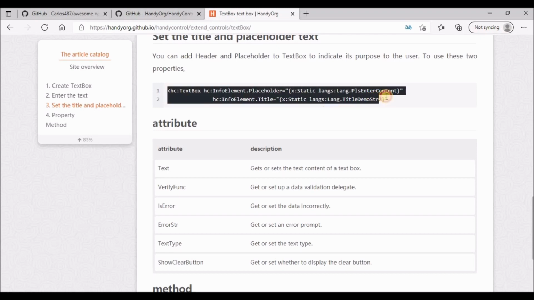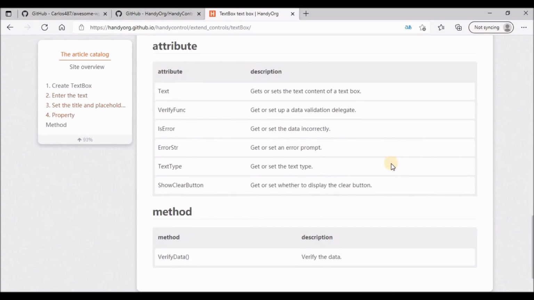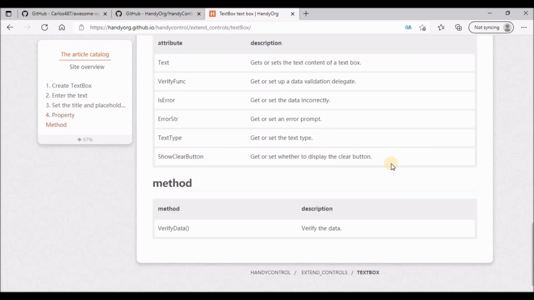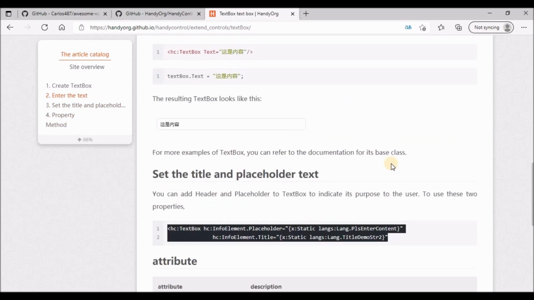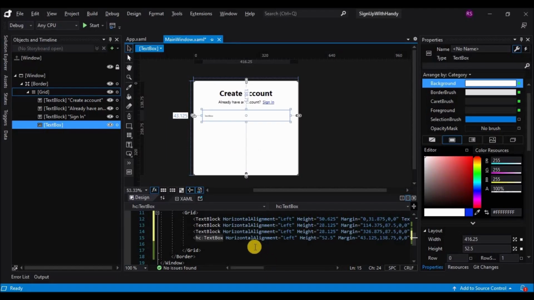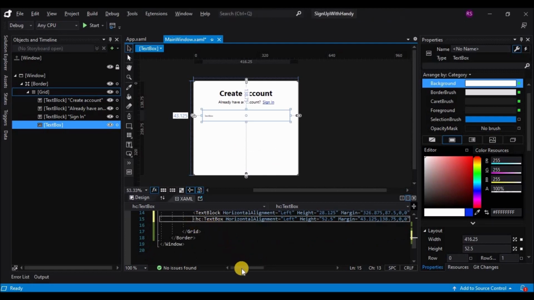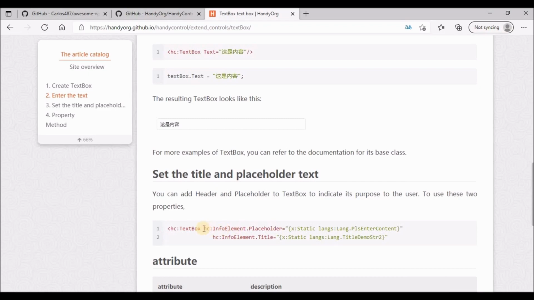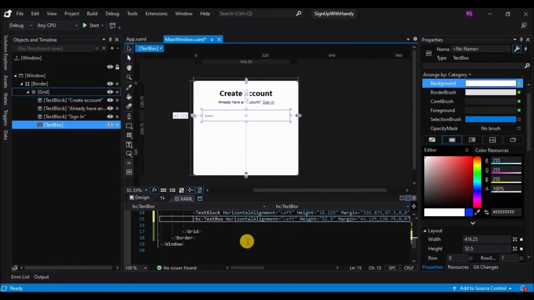This is the code for the text box in the documentation, but we only need the placeholder attribute from this. We have already added the text box here on the screen, so we'll just copy the placeholder attribute from there and paste it in this, and then add a placeholder text. The first one will be the username, and we'll close the quotation marks.